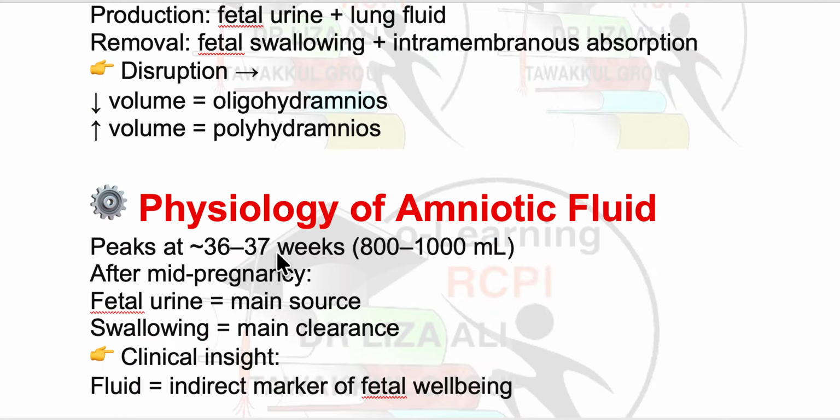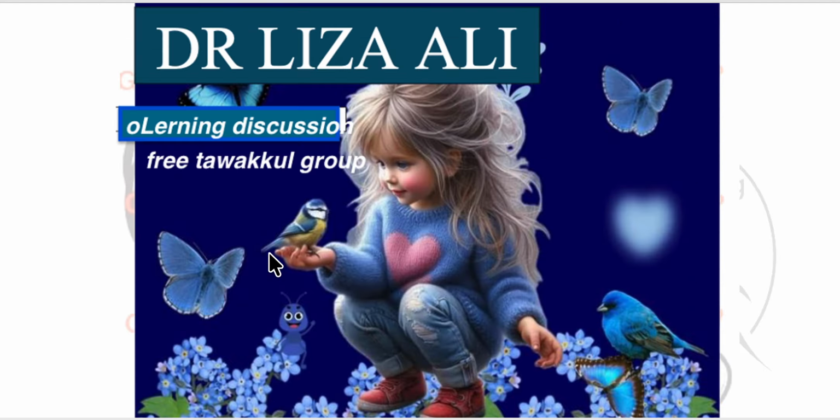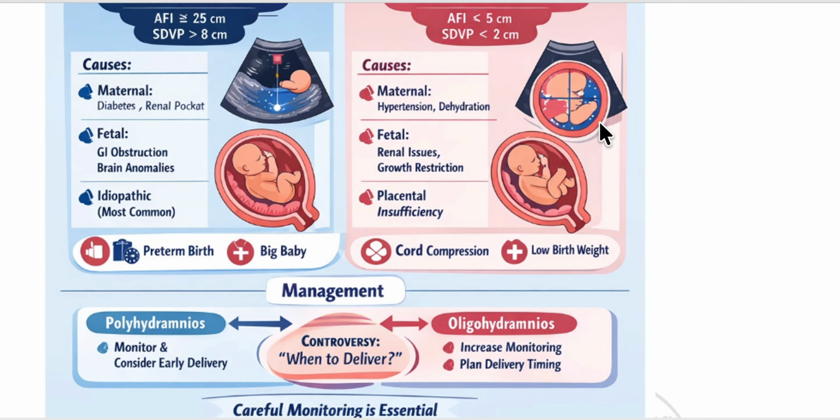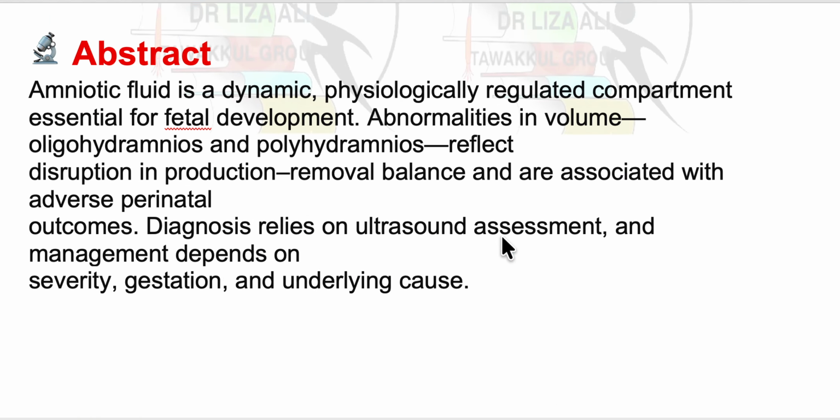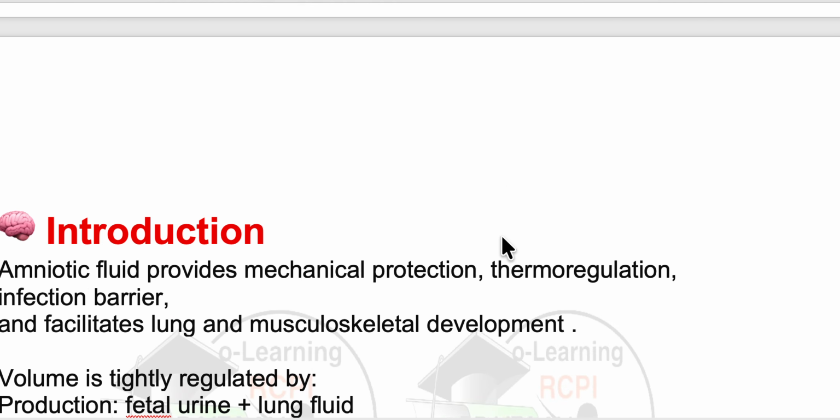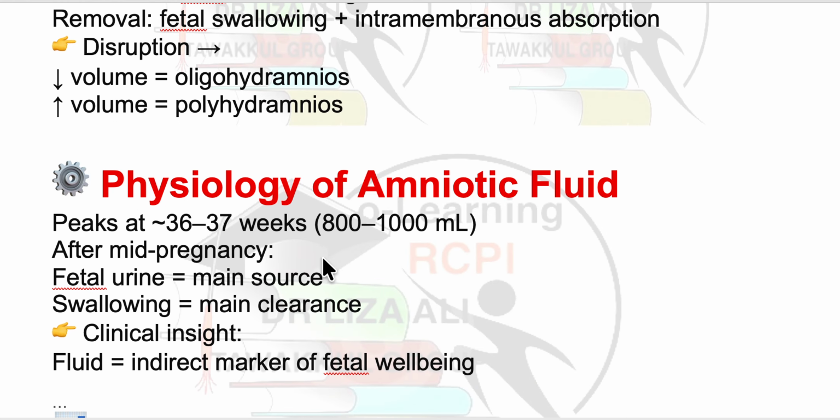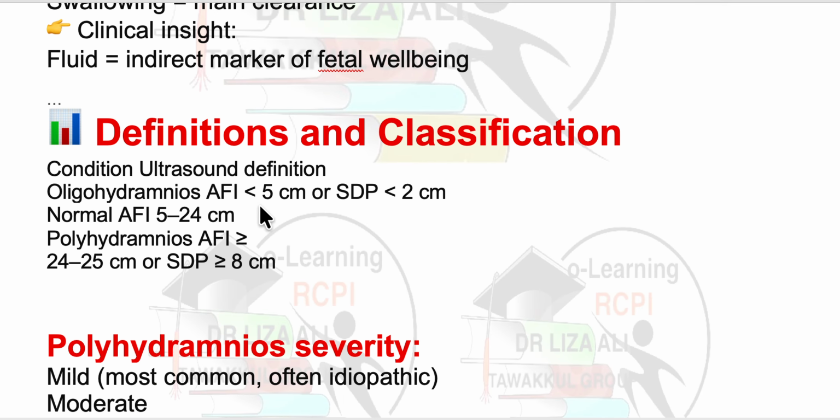As I already told you, the four quadrants are major, that's why the value is more. But if you consider only one pocket, it has to be less. So for one pocket it is less than 2 centimeter, and if we are measuring AFI with four quadrants, it has to be less than 5 centimeter. Oligo means an amniotic fluid index less than 5 centimeter,